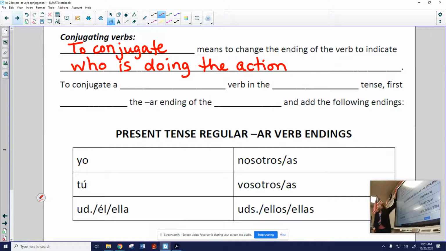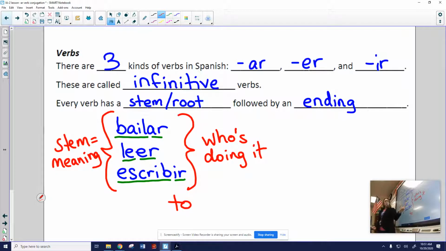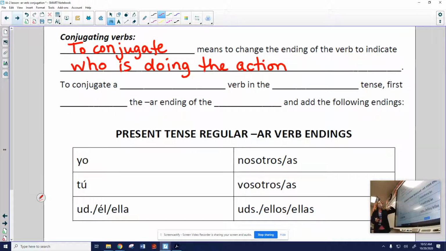So we just talked about infinitive verbs ending with AR, ER, IR. Nobody's doing those actions. This AR, ER, IR ending basically means to dance, to read, to write. But if we want to say I dance, you read, he writes, we have to conjugate the verb. And we've already done this with the verb ser: soy, eres, es, somos, sois, son. And now we're going to learn how to do this conjugation with all AR verbs that follow the regular AR verb pattern. Does this sound familiar? Have you learned this before in 8th grade, perhaps? I see some nodding. That's okay.